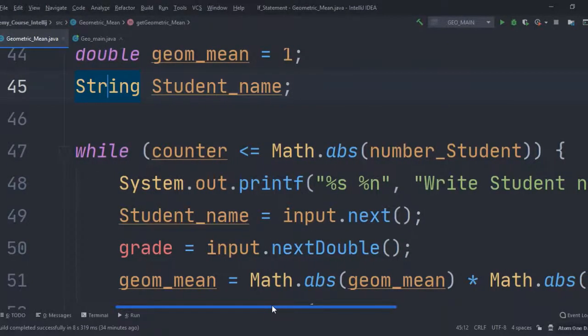Now this part of the code is very important: the while loop. Here is the condition expression. If this condition expression is true, it will continue looping. For example, here,